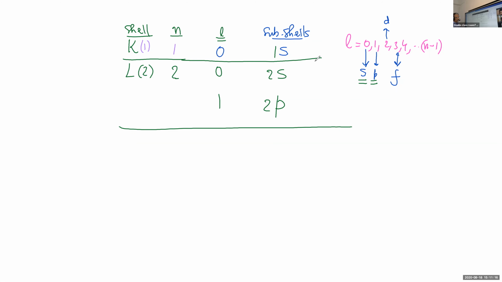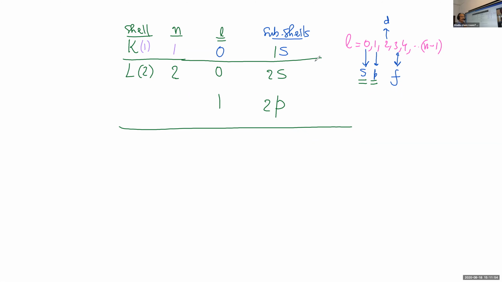Let me repeat. In the second shell, that is the L shell, the principal quantum number is equal to 2. Why? The principal quantum number is the same as the number of the shell. The number of the shell is equal to 2, and therefore the principal quantum number of the L shell is equal to 2. Okay. If the principal quantum number is equal to 2,